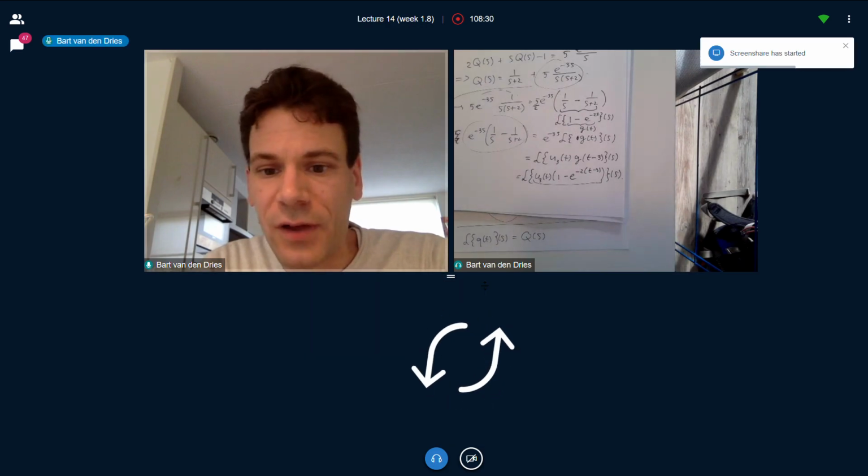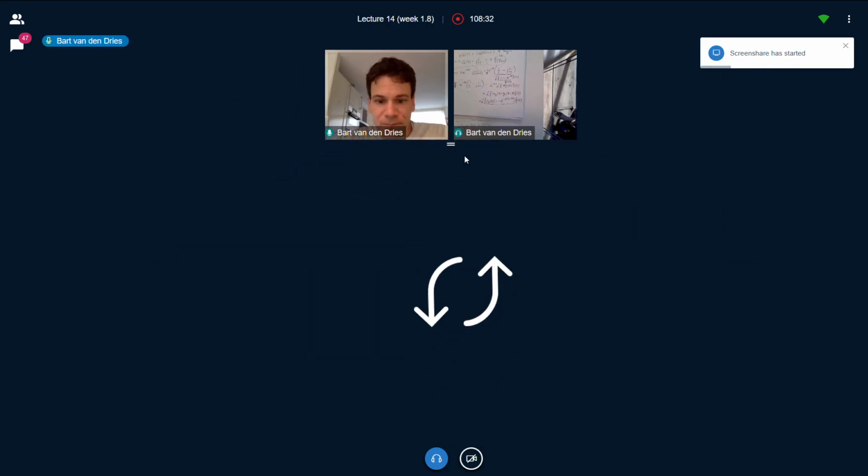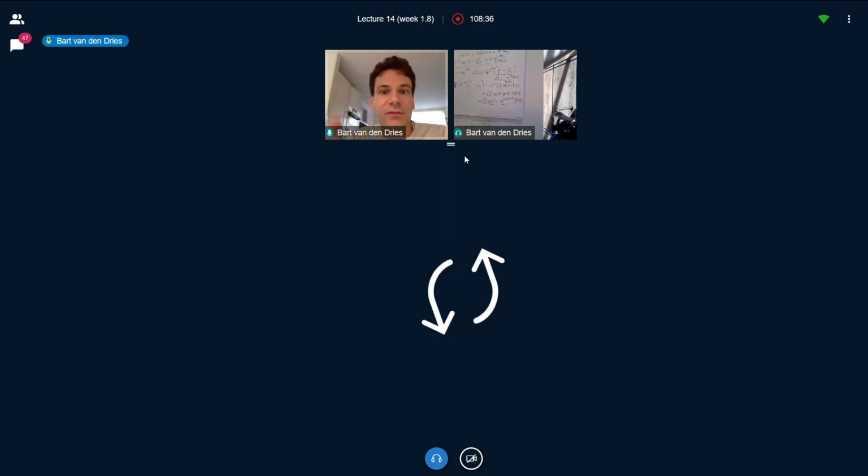The graph looks like this. So when t is smaller than 3, this whole term that involves the step function does not contribute. So we just get a decaying exponential. And then at t equal to 3, we get this behavior. And this makes sense